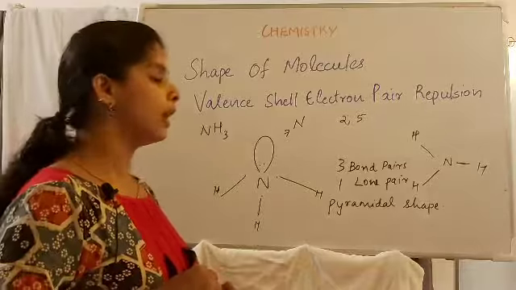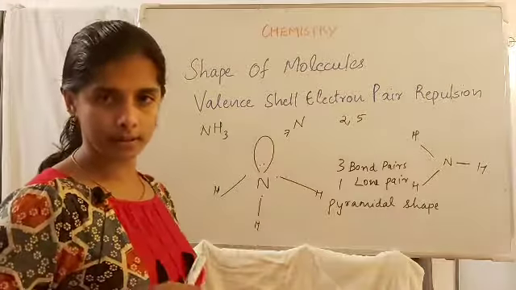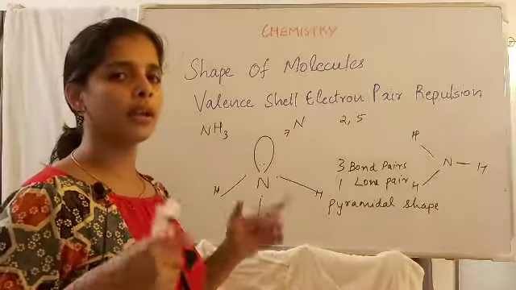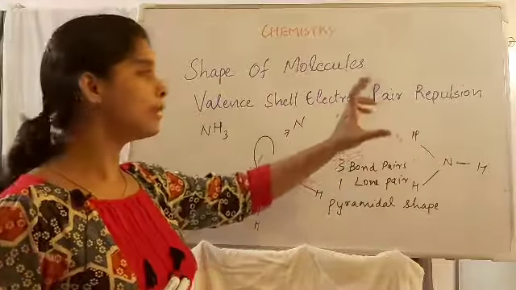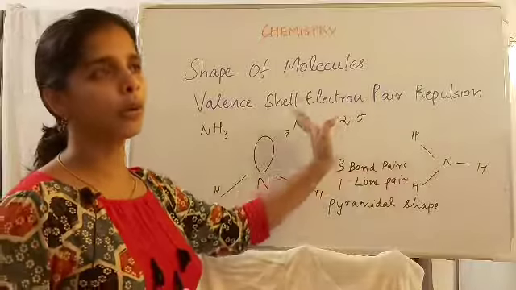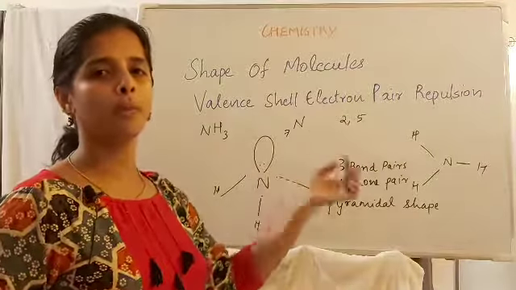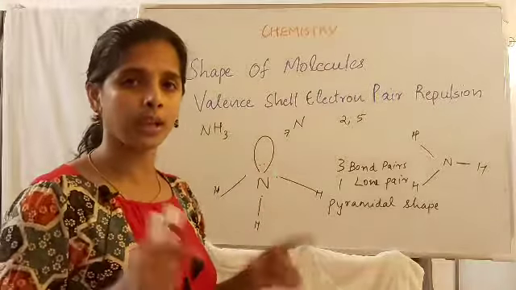So once we know the number of electron pairs around the valence shell of an atom, we can predict the geometry of the molecule by considering this repulsion. We know the repulsion between lone pairs is maximum. Then the repulsion between lone pair and bond pair comes, and the repulsion between bond pairs is minimum. So the molecule will prefer that geometry in which the repulsion